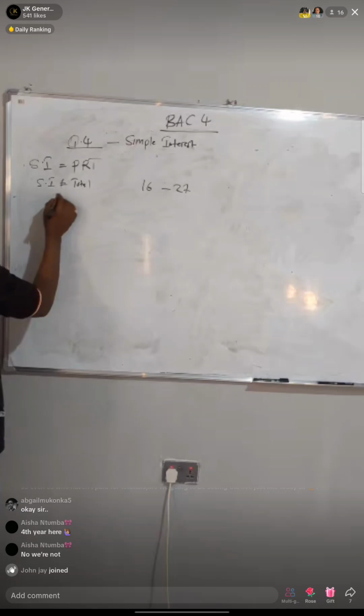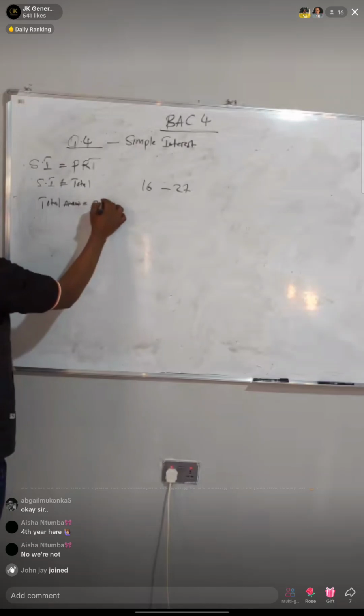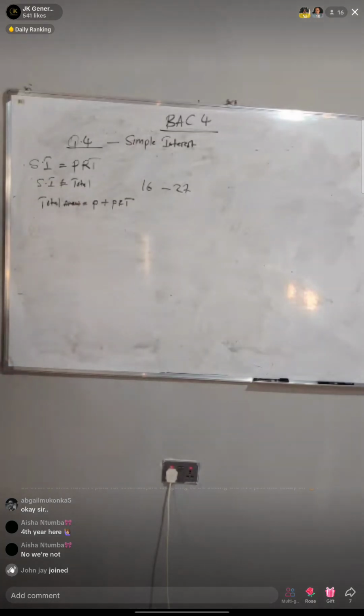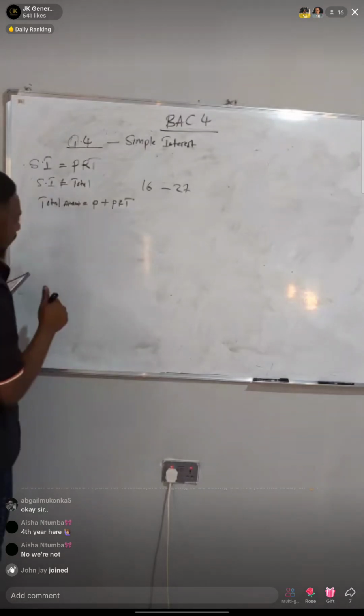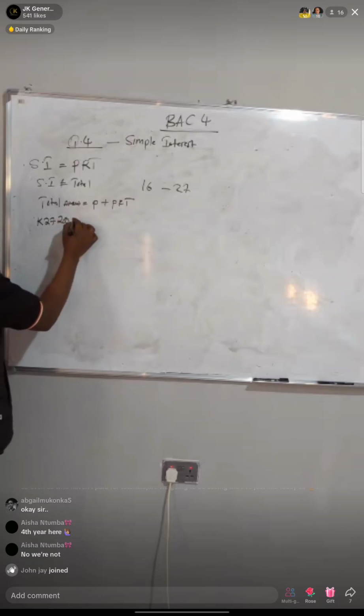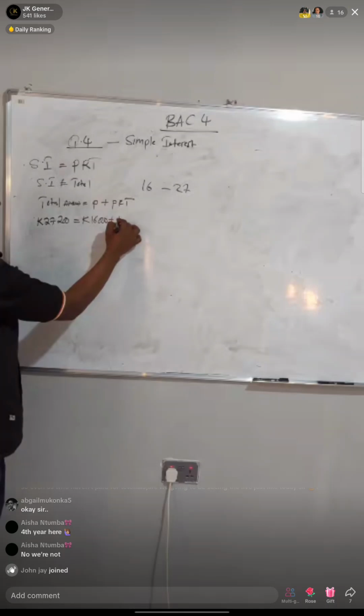So the formula is going to be, you can even put here, say the total amount is equal to P plus PRT. We can write it like that because for it to grow to that amount, it means that they added something to the principal. Even when answering, we're also going to do the same. So the total amount that we're given is 27 to grow to be this amount, 27,200. Then the 16,000 is what we're given plus